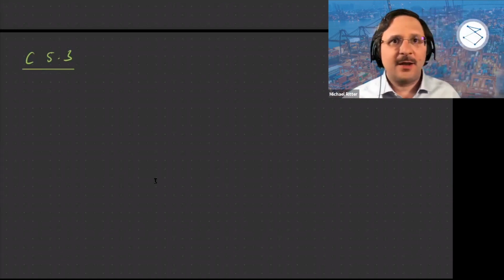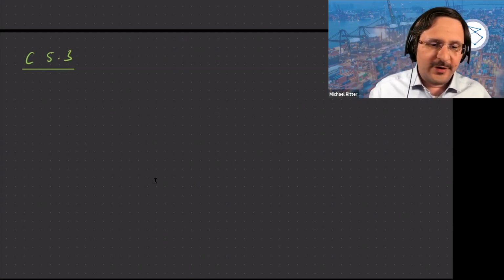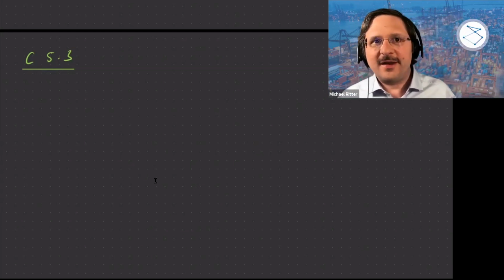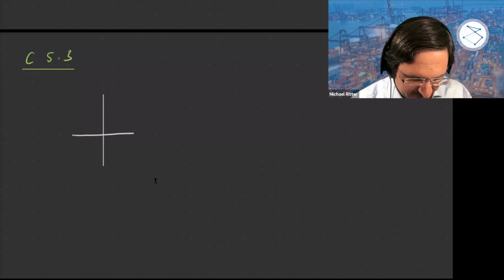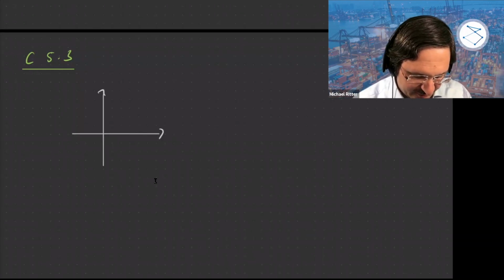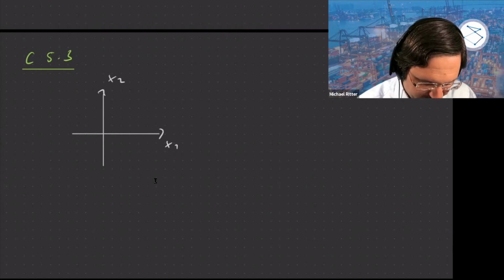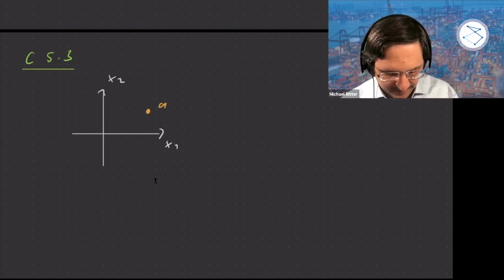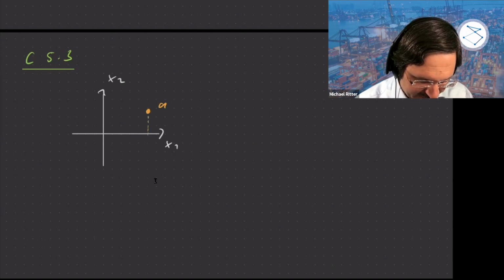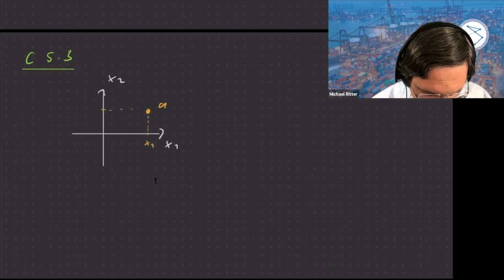5.3. Polar coordinates. You remember polar coordinates is a way of describing points in the plane. So we first discussed planar polar coordinates. Not in the usual way as Cartesian coordinates, but instead by giving a radius and an angle for every point. So if we have a look at the usual Cartesian coordinate system, this one here, x1, x2, and if we consider a point like this one here, for example, so that's our point, let's call it A, then it can either be described as x1, x2 by these Cartesian coordinates,